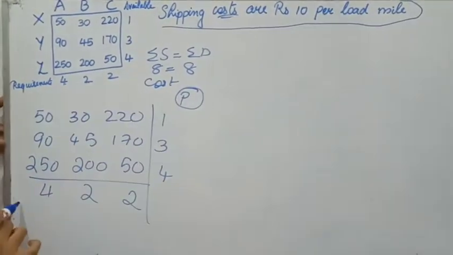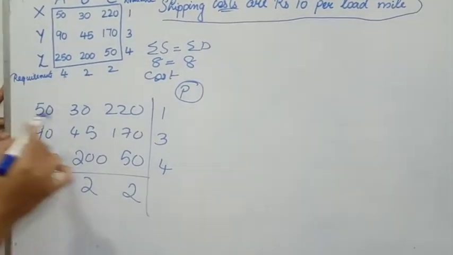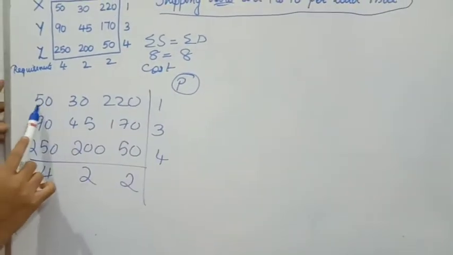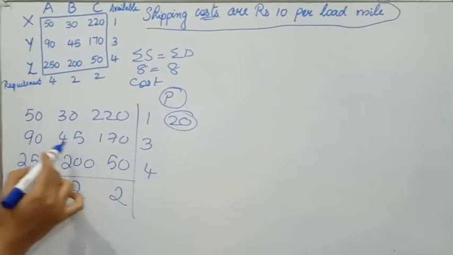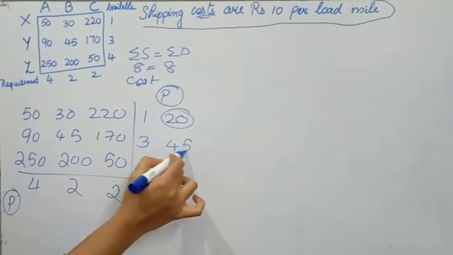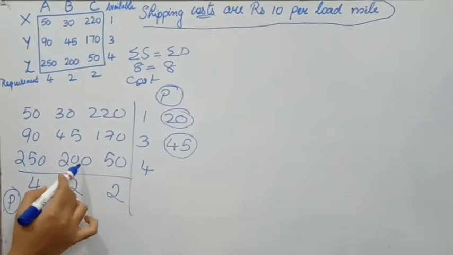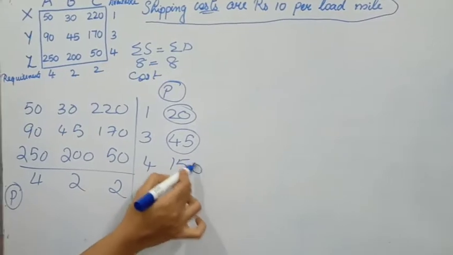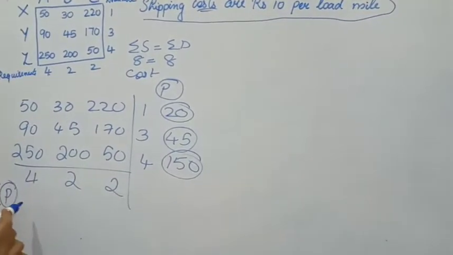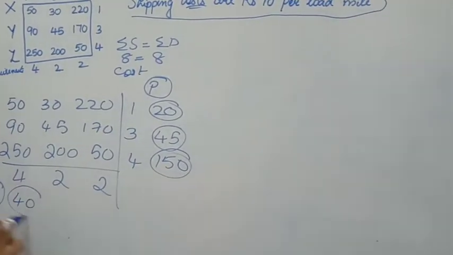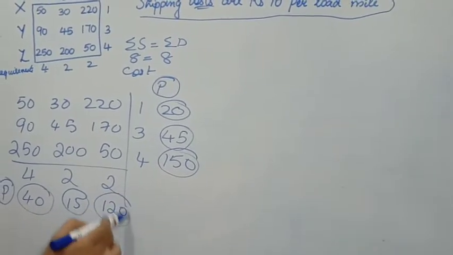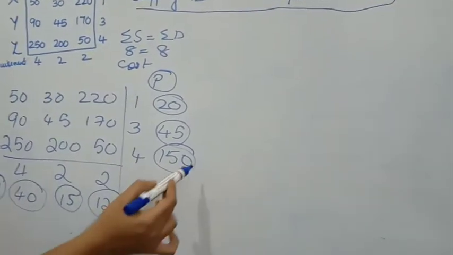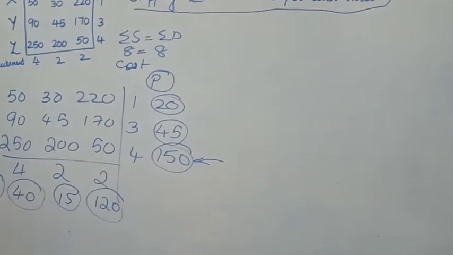That is, we have to calculate the penalty for each row and column. In the first row, the smallest two numbers are 50 and 30, so the penalty is 20. Second row, it is 90 and 45, so 45 is the penalty. Third row, it is 250 and 200, so 150 is the penalty... Column wise, 40, 50 and 120. So among the 6 penalties, the highest penalty is in the third row, that is 150, and the